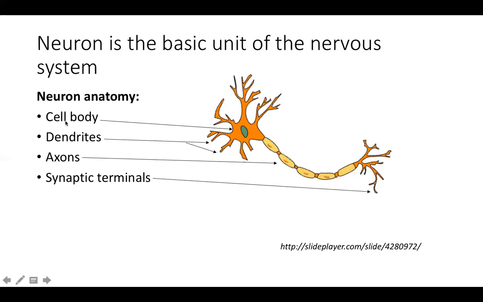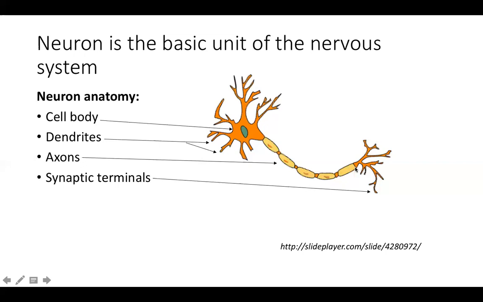The second is the dendrites, and the dendrites are these projections here. If the cell body is this entire core in the middle, the dendrites are the projections that come off of the cell body from this end. These dendrites' function is to take input messages from other neurons and send them down what we call the axon. And the axon is this projection here, this process coming out of the cell body.